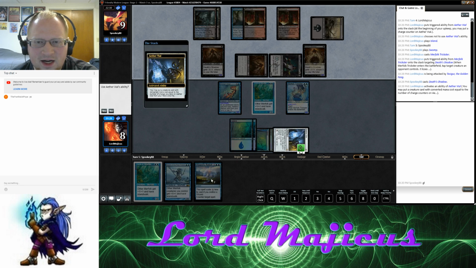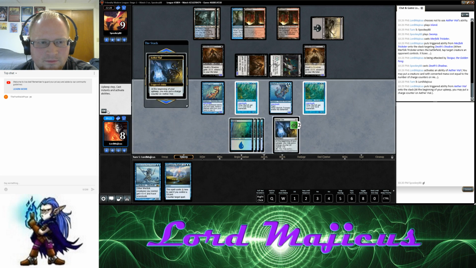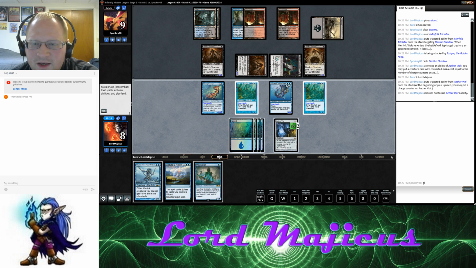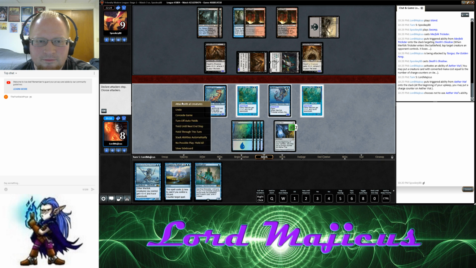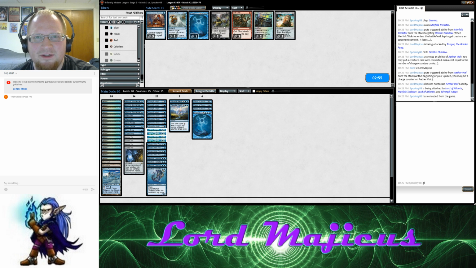One removal spell is not going to beat this Wizard's Retort. So right now, this is already lethal in play, so we'll just make him play a spell first. Alright, we win. Finally, we get a match that's actually winnable for us, so...